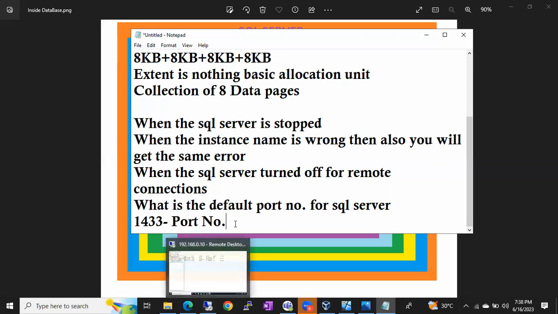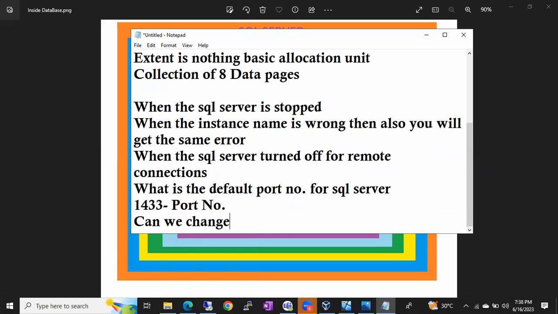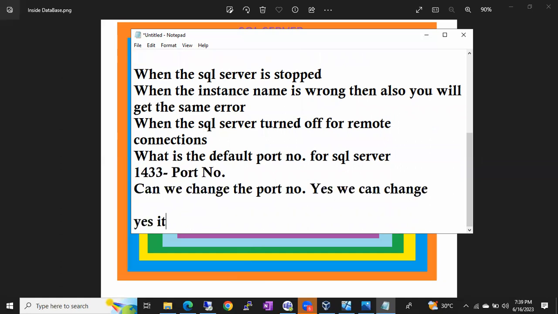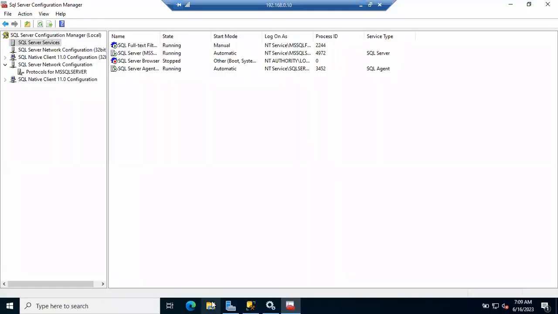Can we change the port number? Yes, we can change it. How to change the port number? Is it a downtime activity? Yes, it's a downtime activity. What is meant by downtime activity? In case there is a need to restart SQL Server because of some changes, that kind of activity is called a downtime activity. So where can I see the door number? Go to SQL Server Configuration Manager, go to